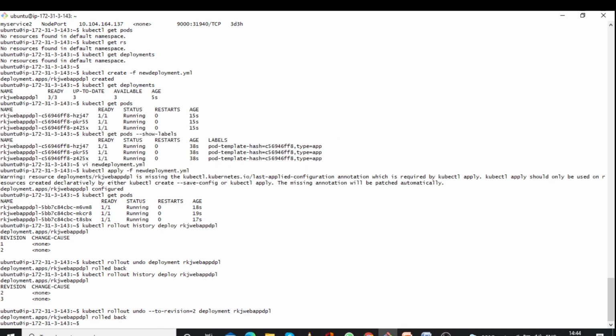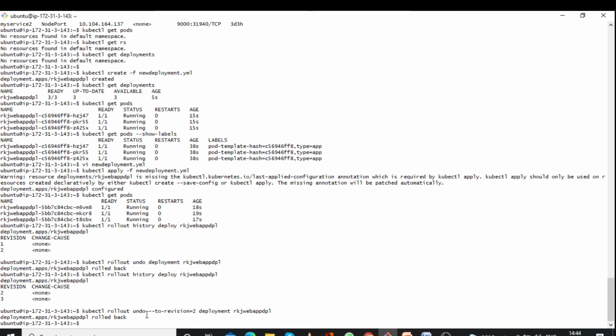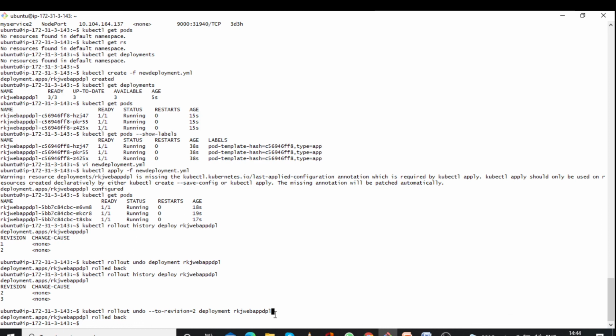Okay guys, so this is what we did. You can see now version got changed. So if you want to go to a particular revision, then we have to follow the command kubectl rollout undo --to-revision equal to your revision number, then deployment, then your deployment name.